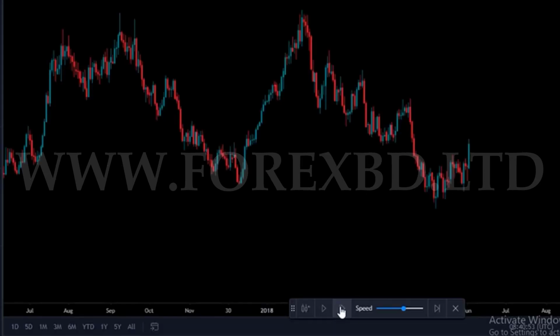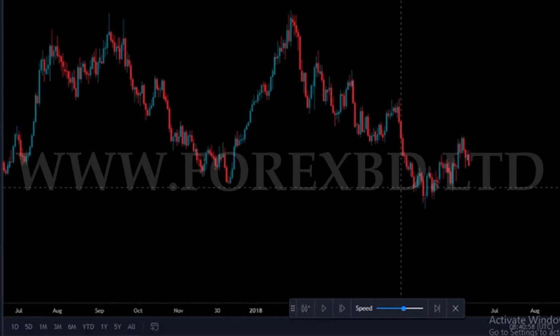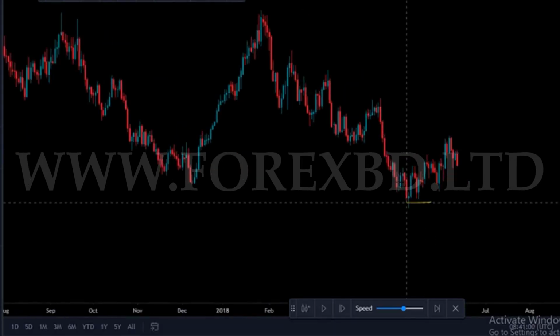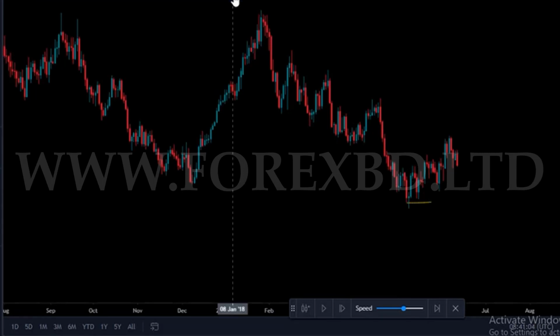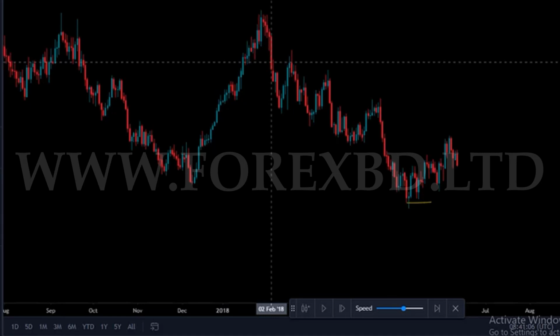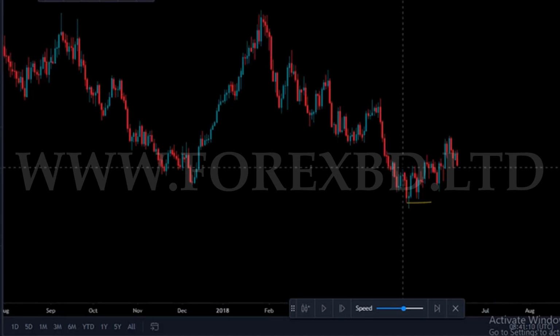So we are now showing an entry from the market. Here we have come to the market. You can see the position of the market. The market is completely in a downtrend now, and the market is moving in this place. At such a moment you have to understand that the flag pattern has been created here.